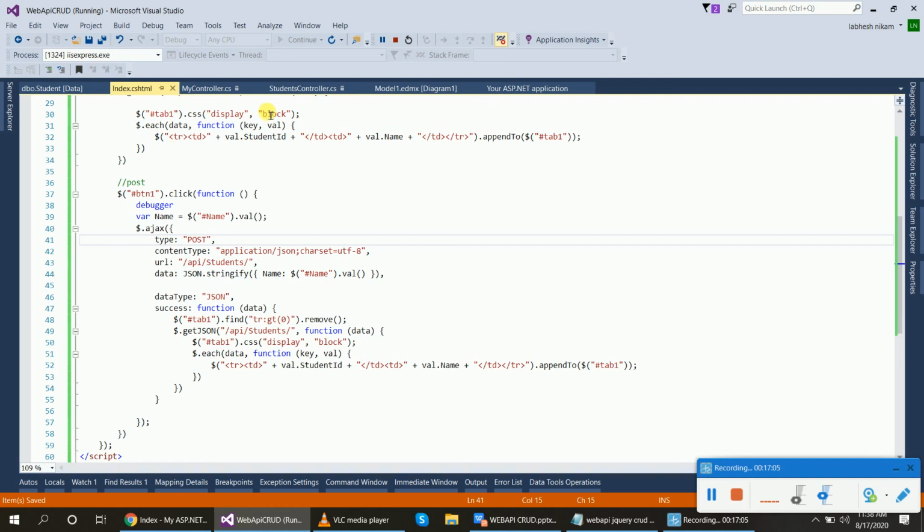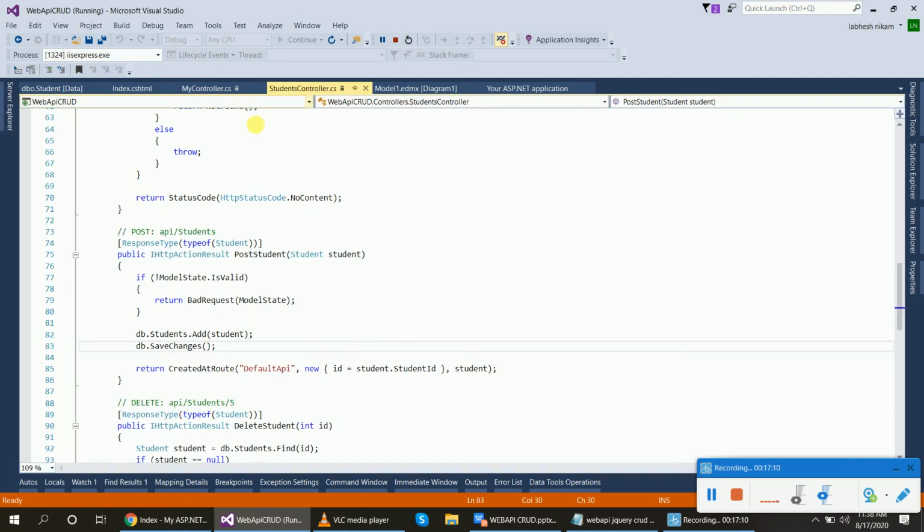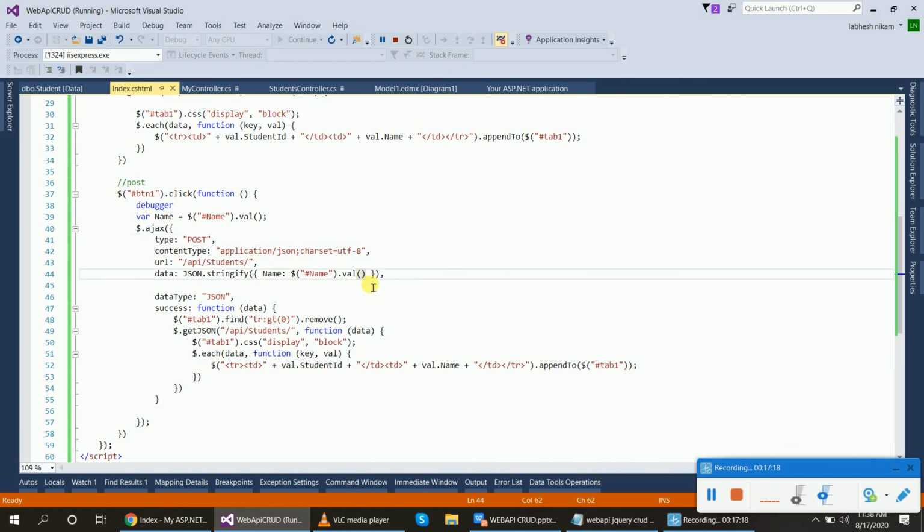But we have written all the action results in the API controller, so we have used the API controller's actions, and we are calling it not by controller but using the post put method. To save the data there is the post method, so it will call to post the data. And json.stringify only the name, only one single property. No need to save id, because id is auto implemented.